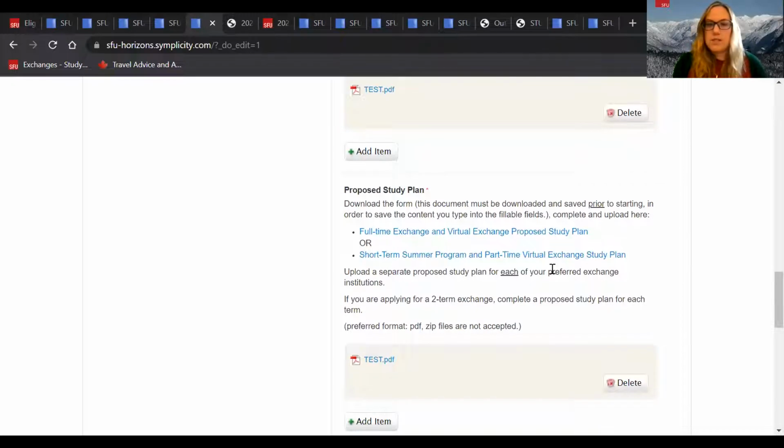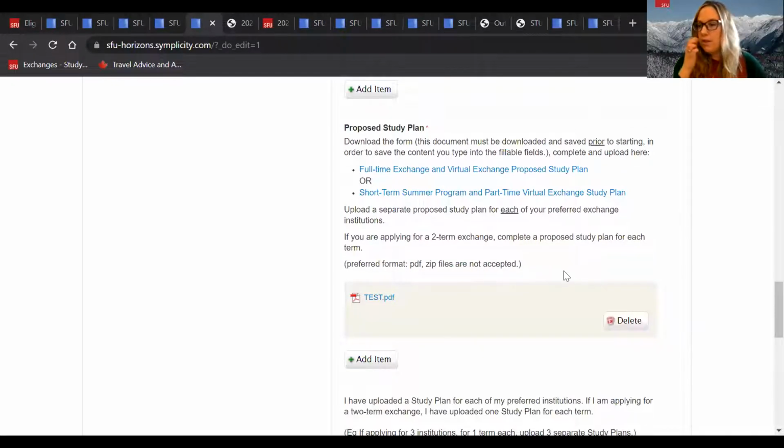Next on the list is your proposed study plan. So you need to upload a separate study plan for each of your exchange institution choices. So if you have 3 choices, you do need to do a proposed study plan for each of these choices. When you are planning for your courses,